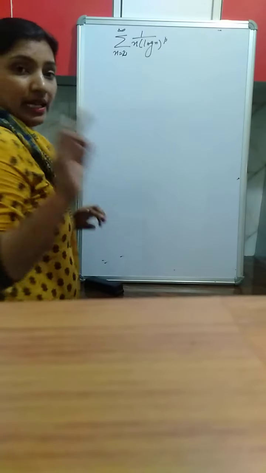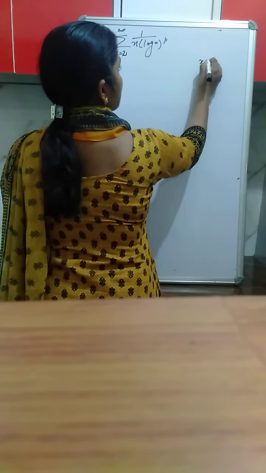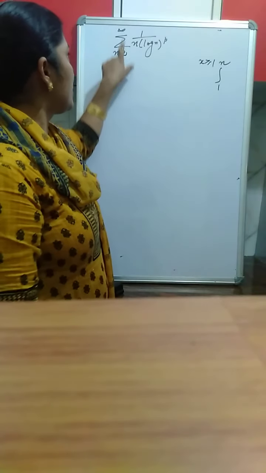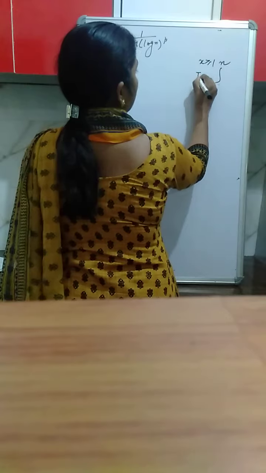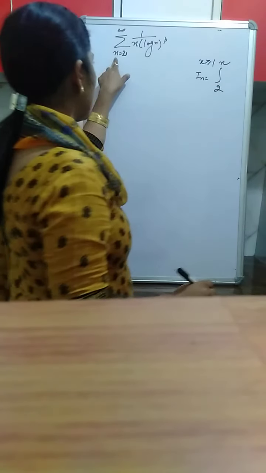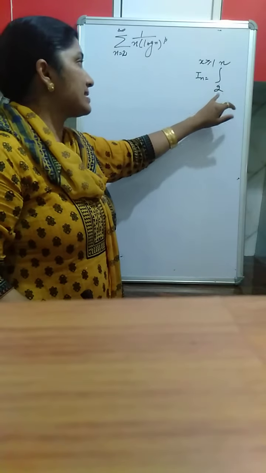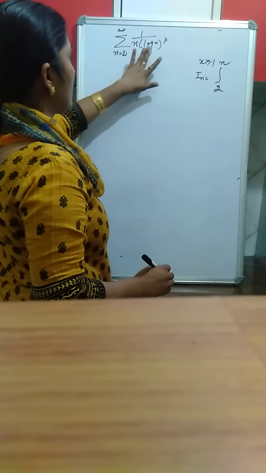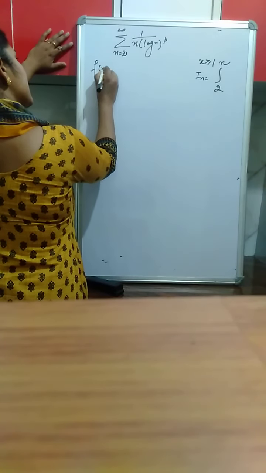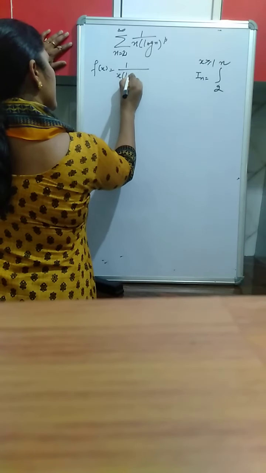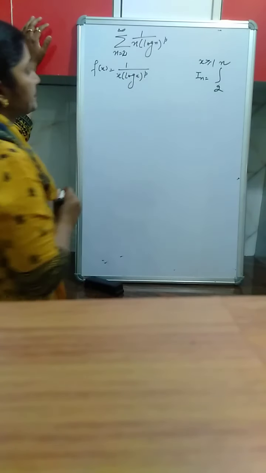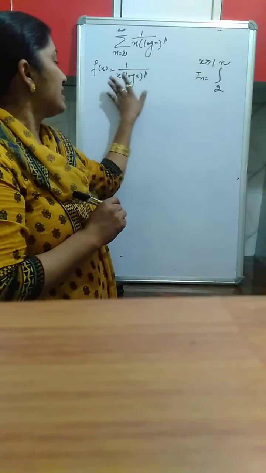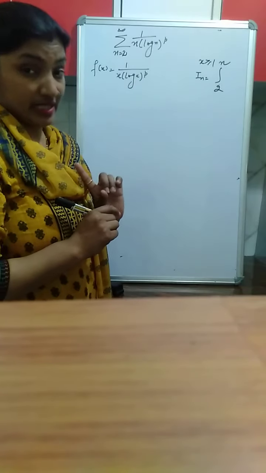Now, remember, in Cauchy integral test we have taken x greater than or equal to 1 and we have taken the integral from 1 to n. Okay, if we have the series from n equal to 2 to infinity, then we take In from 2 to n, and if we take n from k to infinity, we will take In as k to n. Okay, remember this step. Now n is from 2 to infinity, 1 upon n log n raised to the power p. So here f(x) is 1 upon x log x raised to the power p. Okay, first, clearly as x varies from 2 to infinity, this is positive always, first condition.